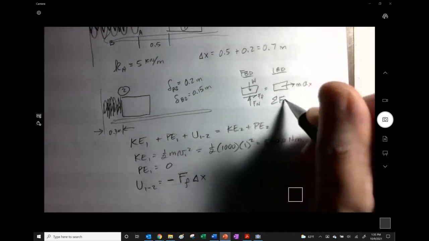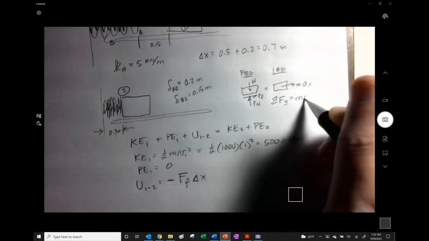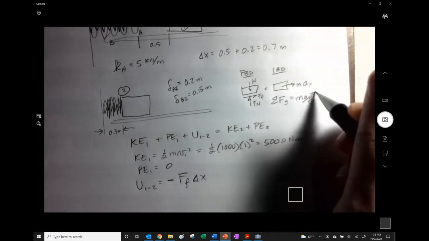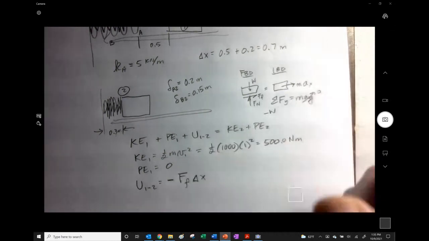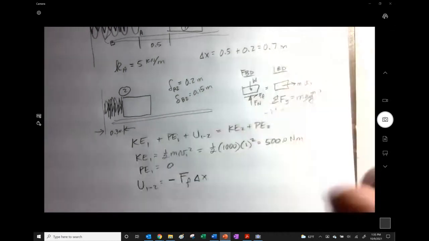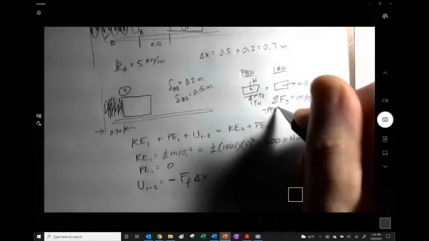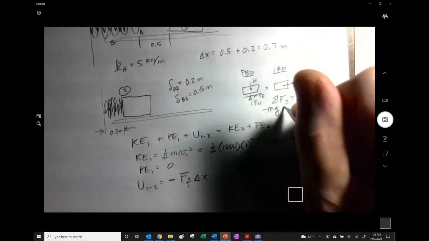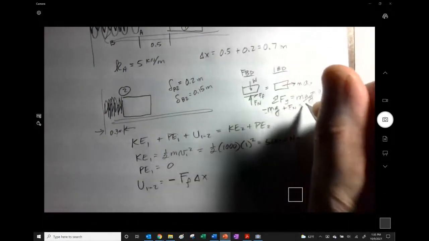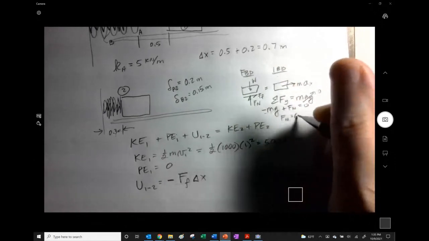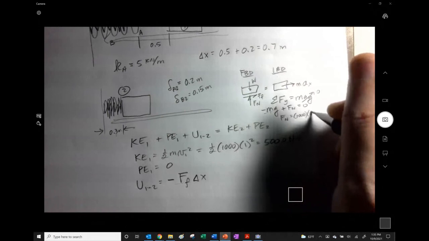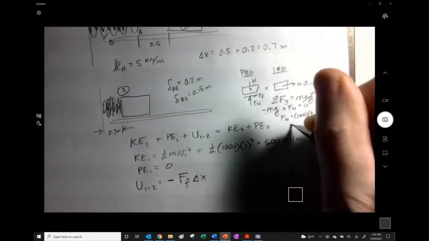So the sum of the forces in the y direction equals mass times acceleration in the y direction, which is 0. We got negative weight of the thing, which is negative mg, plus Fn equals 0. So Fn is just equal to 1,000 times 9.81